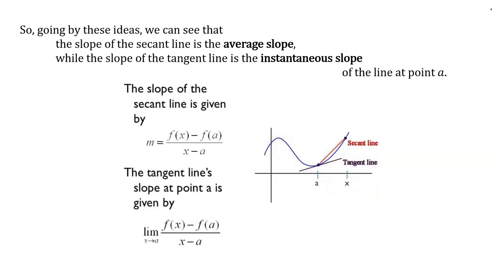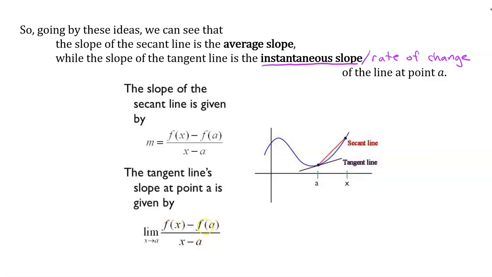But if we want the slope at a single point, the slope of the tangent line, that is the instantaneous slope, also known as the instantaneous rate of change, because calculus is the math of change, and slope is change as well, change in y over change in x. So the instantaneous slope is the limit as x approaches a of change in y over change in x,